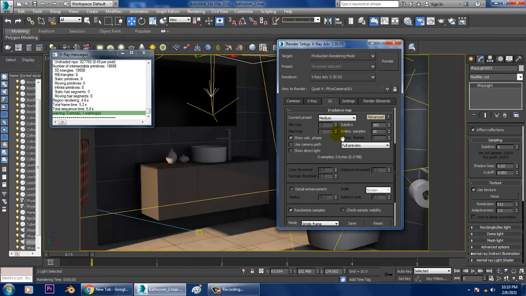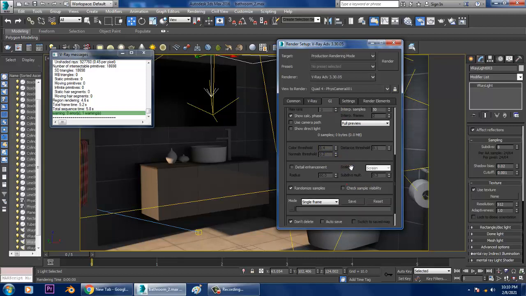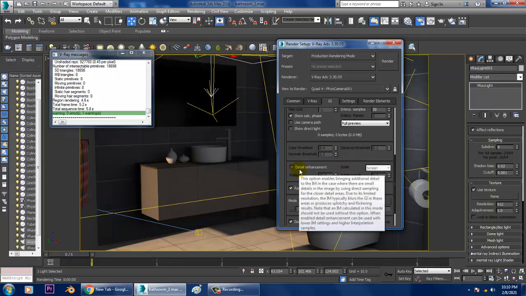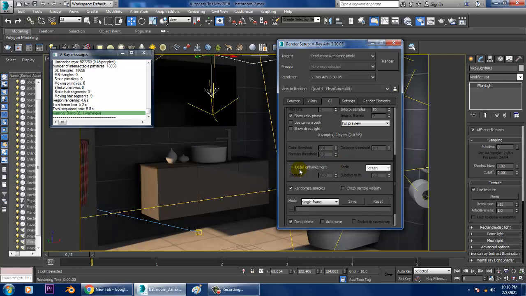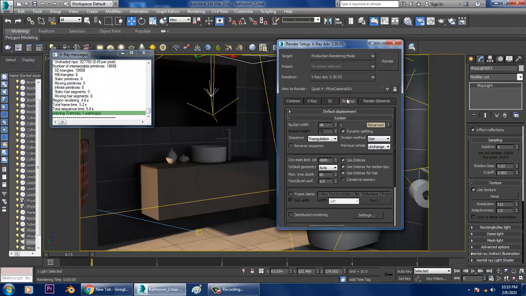Now after that, we don't need this detail enhancement. Additional detail, when there are small details in the image, if you want we can activate that, not a problem. Let's go into the settings, your bucket width, the maximum region width in pixels.